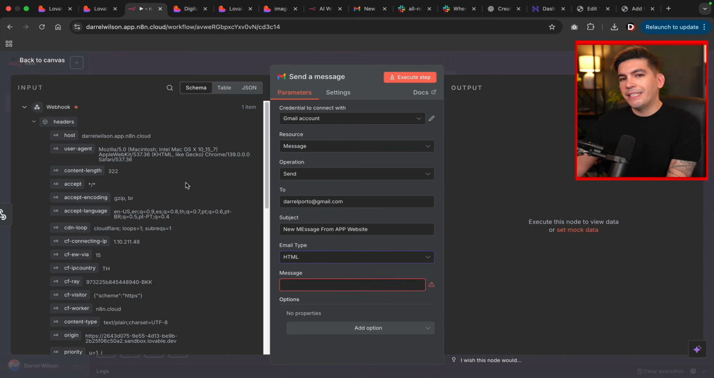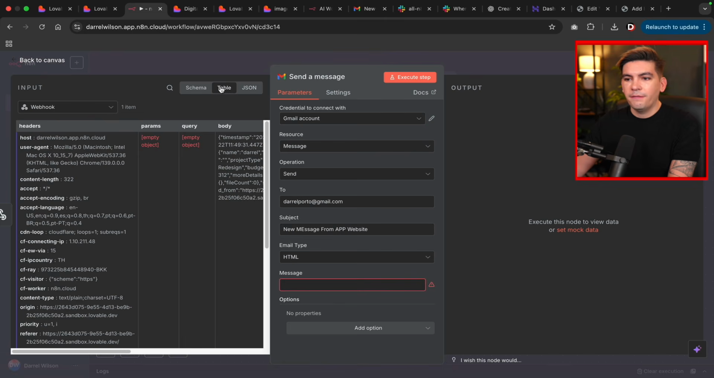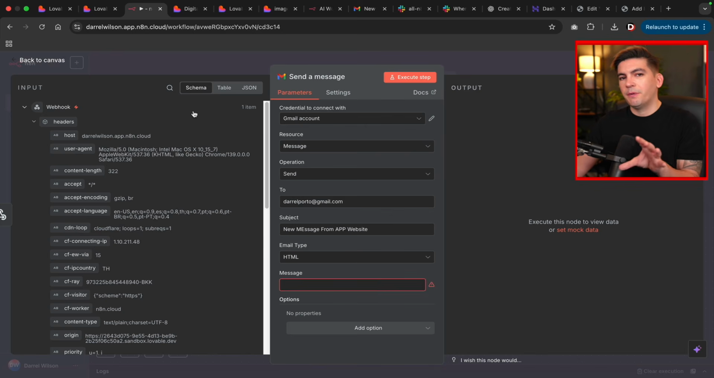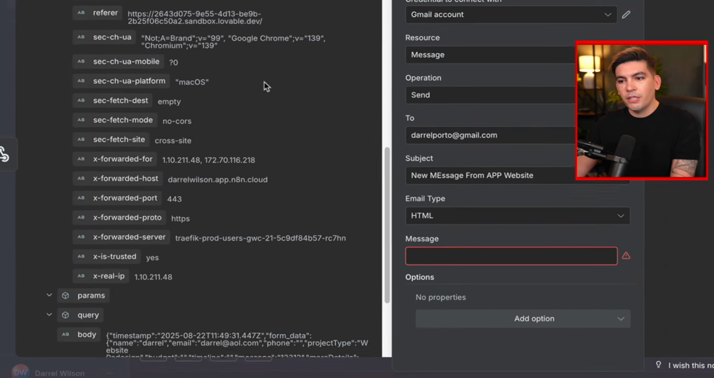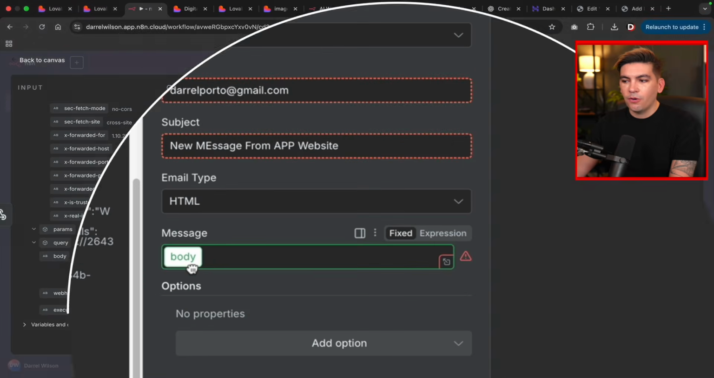Now on the left side, you're going to see a schema markup. We also can see the JSON as well, and then they also have a table. You can use any one of these, but let me explain what's going on here. Essentially, we're going to drag and drop stuff. Right here we have the body. Now this has all the information I need, such as the email, the phone number, and all the messages. So over here, I'm going to take this and drag and drop it onto